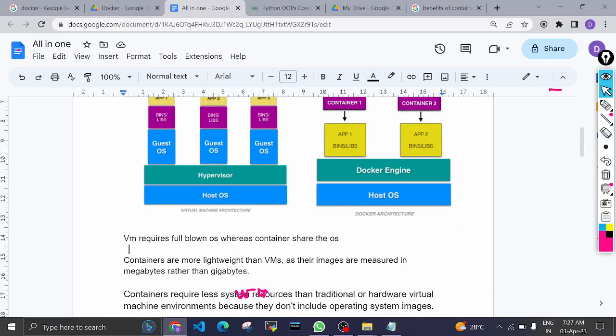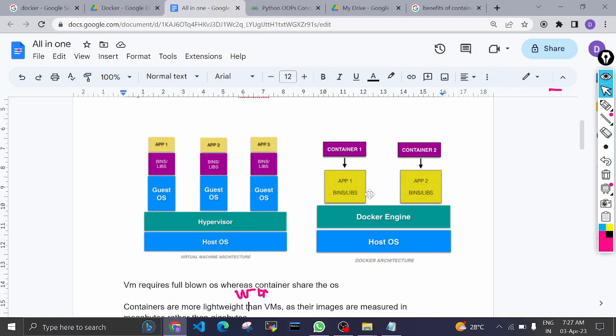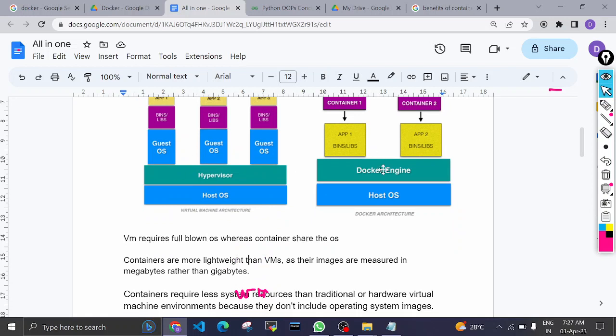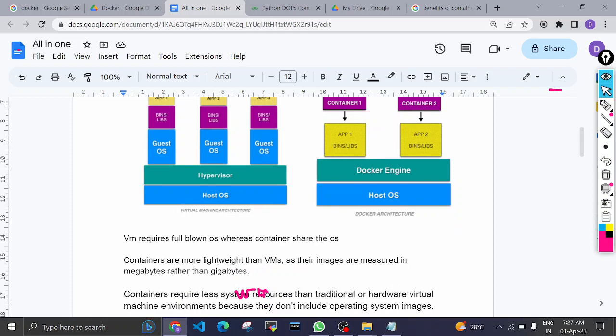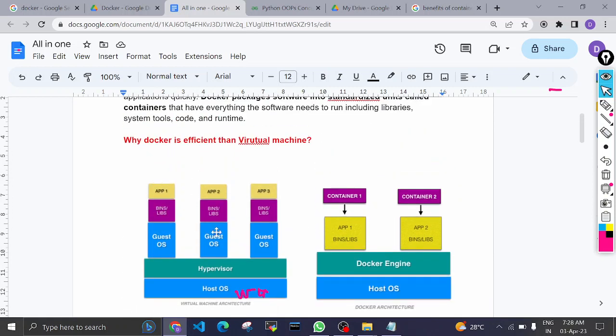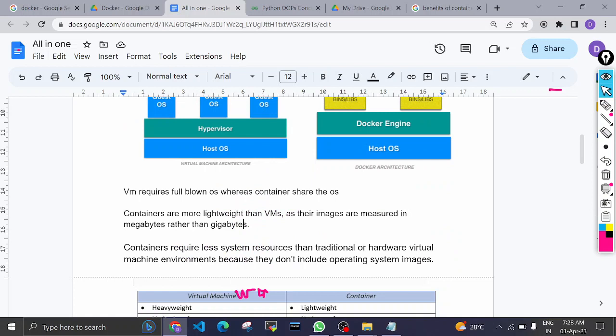And so that's what they are saying. Containers are more lightweight than virtual machines because they do not require a full-blown OS. So containers are more lightweight. Their images are mostly measured in MBs, which means megabytes rather than gigabytes. But virtual machines require a GB format, like 1 GB, 2 GB, 3 GB. And containers require fewer system resources than traditional hardware virtual machine environments, because